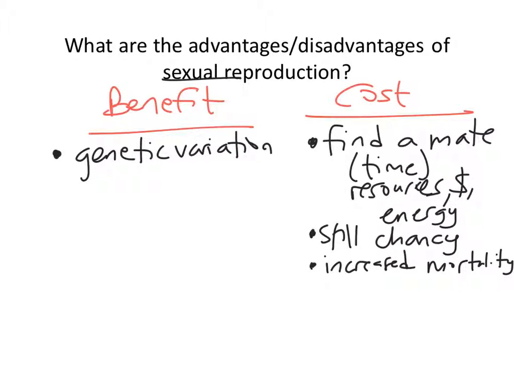Think about peacocks. The huge flashy tail, the big sign to a predator, hey, lunch is over there. But that's what the male has to do to try to find a mate. About competition, you have to compete with other males. Right, so competition. We're finding a lot of costs.